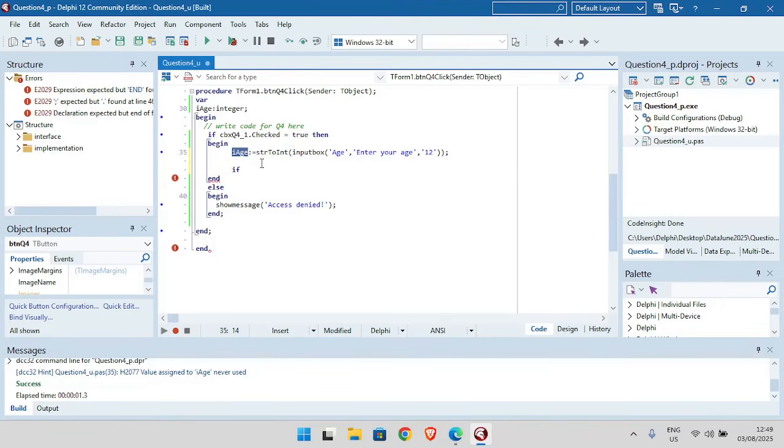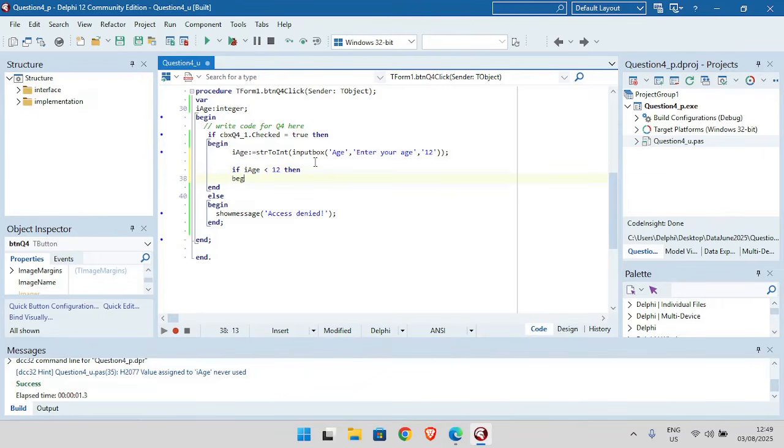You can say if that age is smaller than 12. If it's smaller than 12, okay, what must happen if it's smaller than 12? You must put a show message